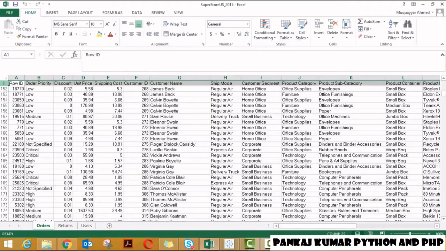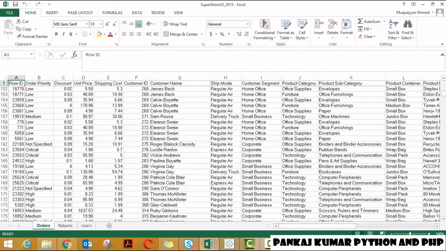Of these 25 variables, a few are categorical and a few are numeric or continuous. This data speaks about transactions in an e-commerce company: people visit the website and order online, and then the product gets delivered to the customer's specific address.